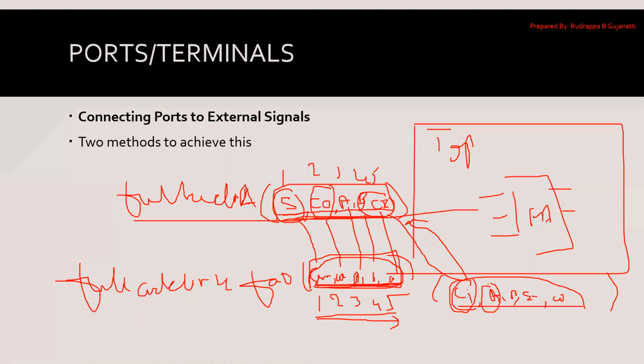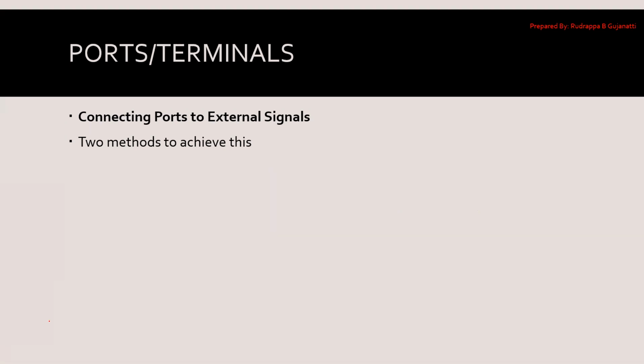The next parameter I'm passing is related to variable A. The next parameter is relevant to B, and so on. But I should give that indication. No need to provide the ordered list. You can go in any order, but you should take care to tell which one is for which purpose. So these are the two methods in which I can have the connection between the external signals.